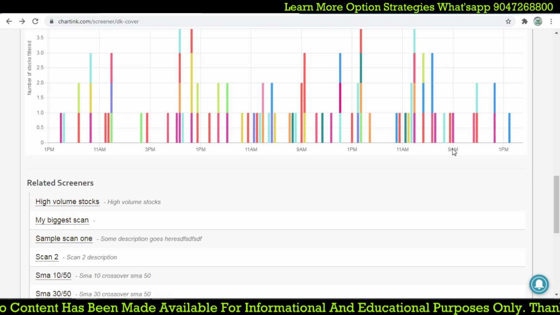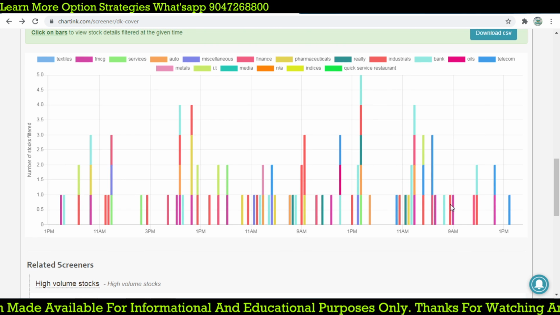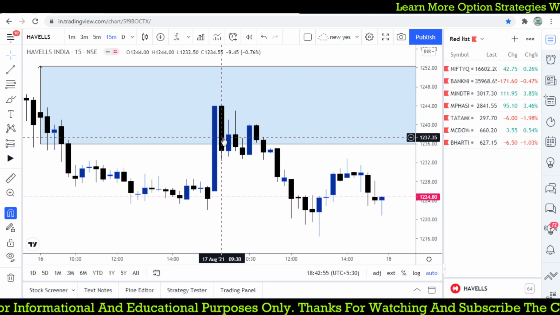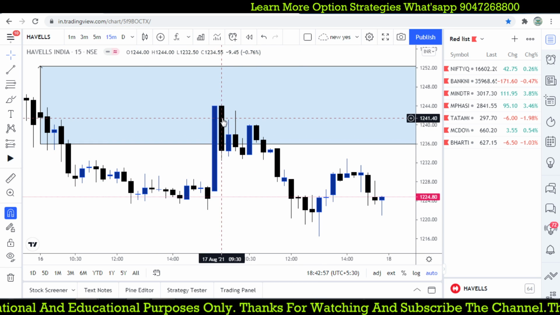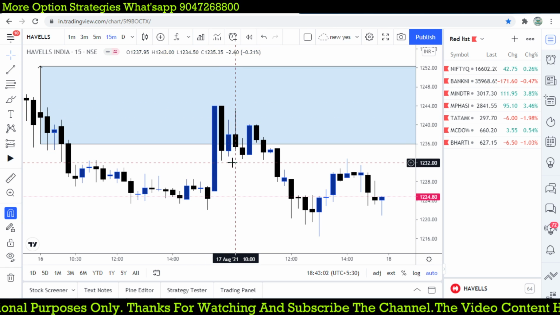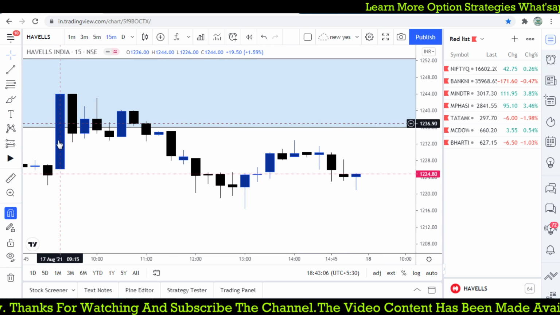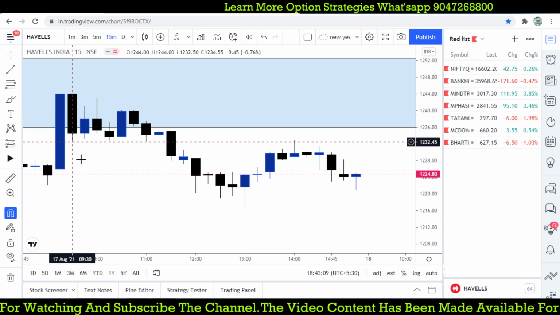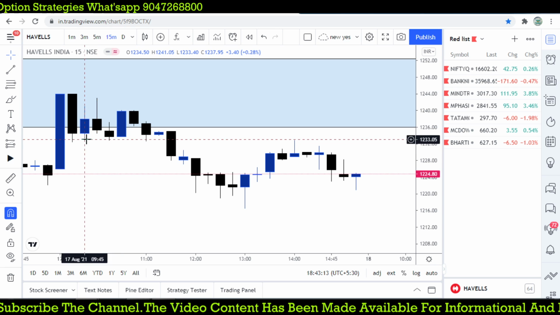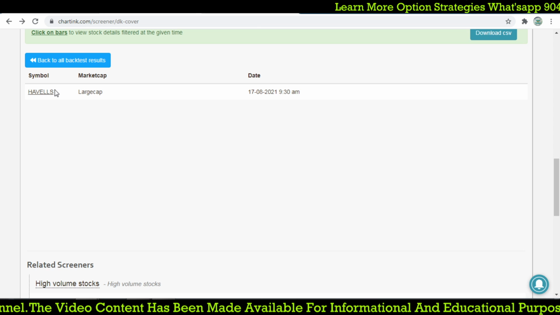So how many stocks form at 9? That is what is happening by 9:30. Let's check what happened. Havells 9:30. I hope this one is equal and it forms, right? When it breaks below the low, yes, right. This is the candle where it is a green candle. The next candle forms a down one. So where it breaks below the low of 1232 and falls down towards 1216. This is the 15 minutes time frame.